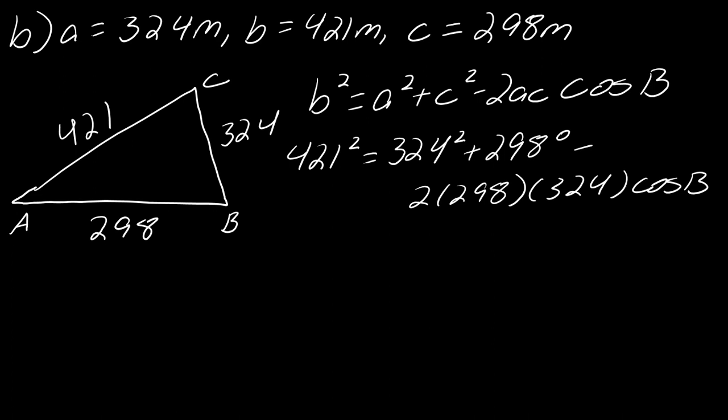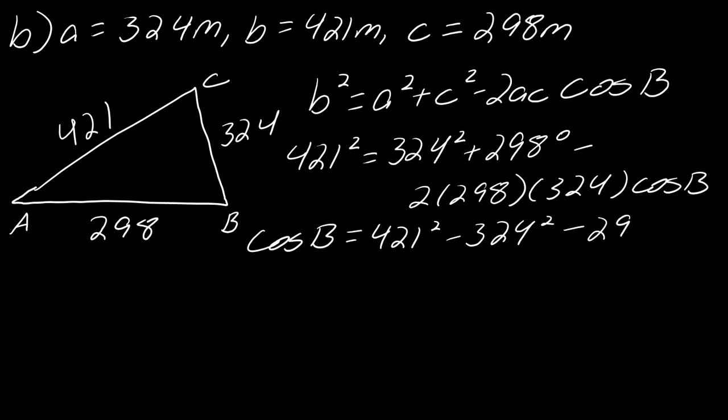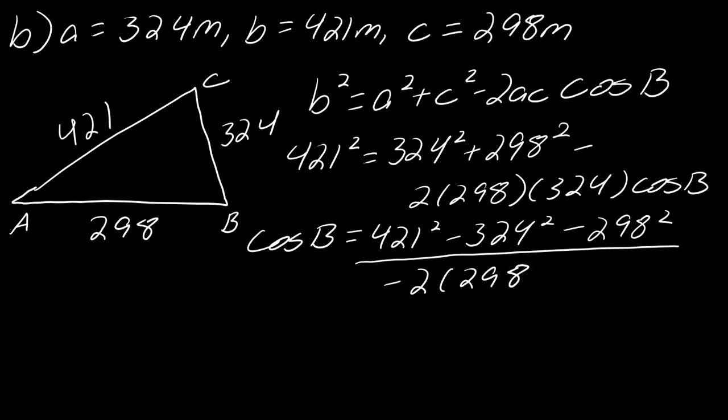And so I've talked a few times about just the math that goes into this. So I'm going to have cosine of b will ultimately equal 421 squared minus 324 squared minus 298 squared. Oops, and I wrote a degree here, not a squared, my bad. And then divide that by negative 2 times 298 times 324. Cool. Okay, so this will give me that cosine of b equals